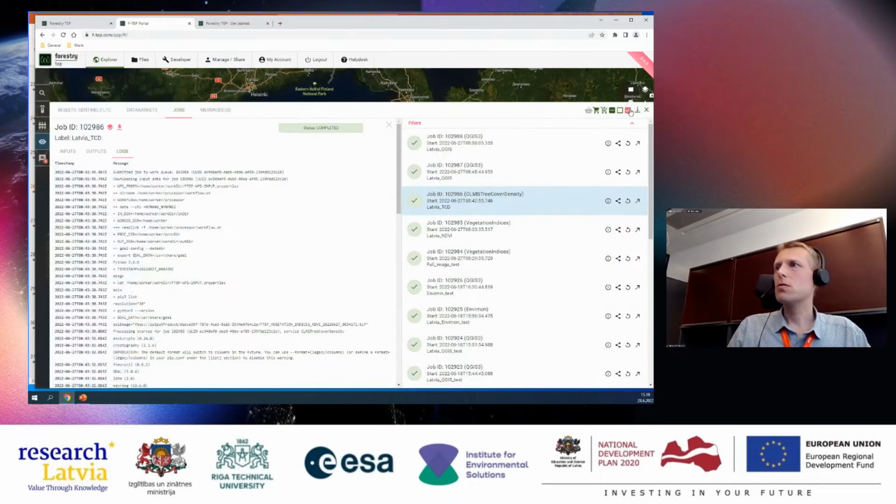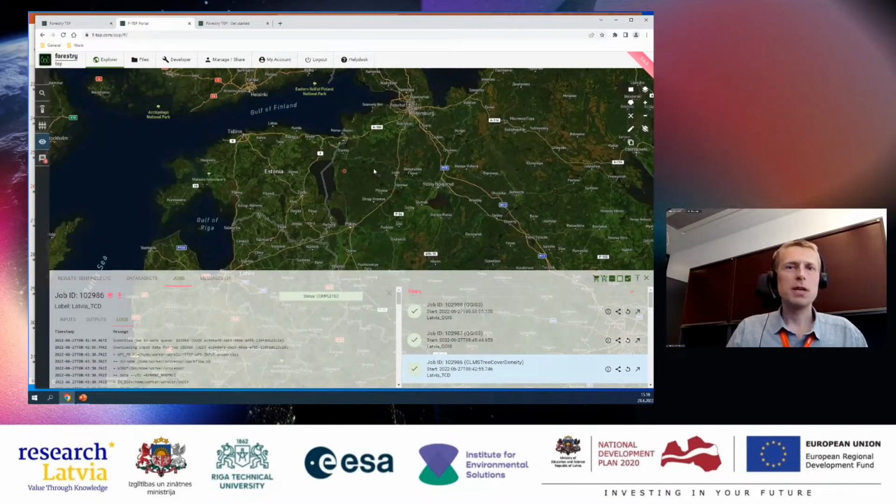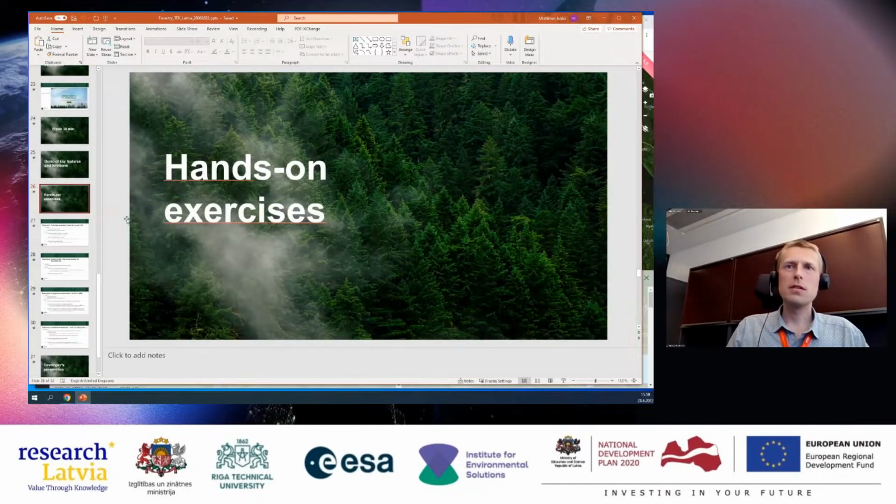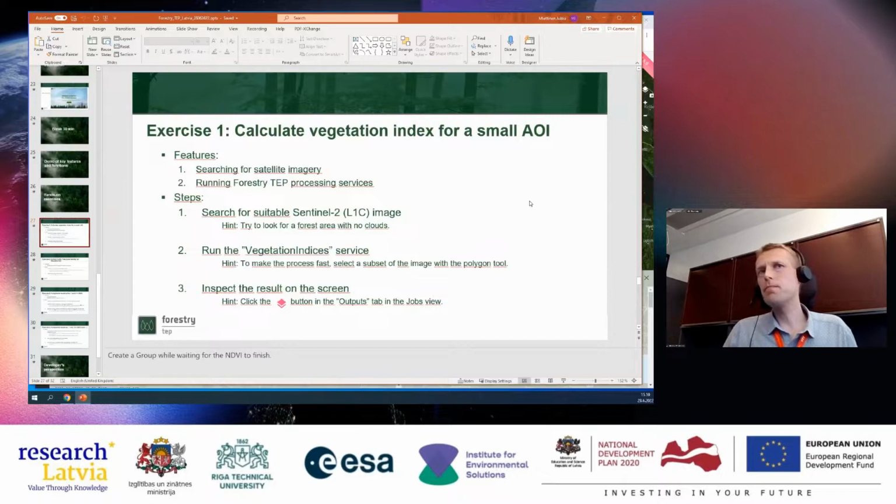Good. But I think the best way to learn is by doing. So let's all try something. The first thing we could do is a very simple vegetation index calculation, so that you can see how you run these forestry processing services, search an image and run a processing service.